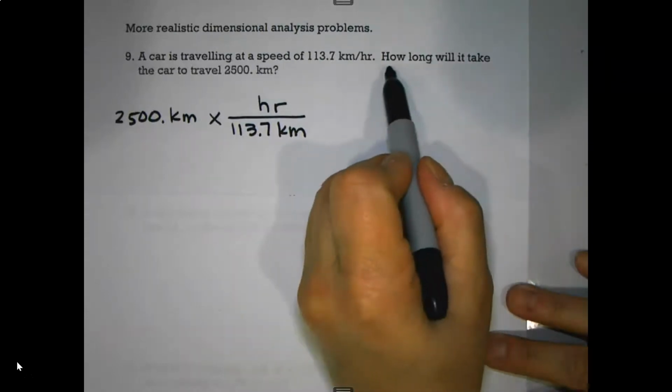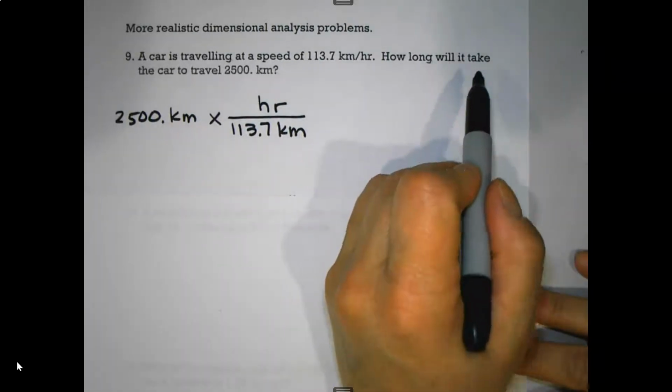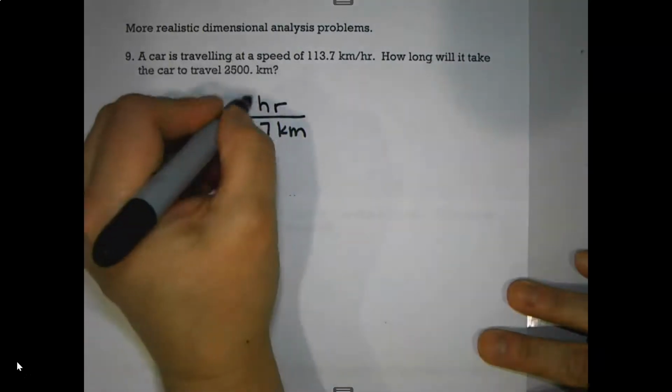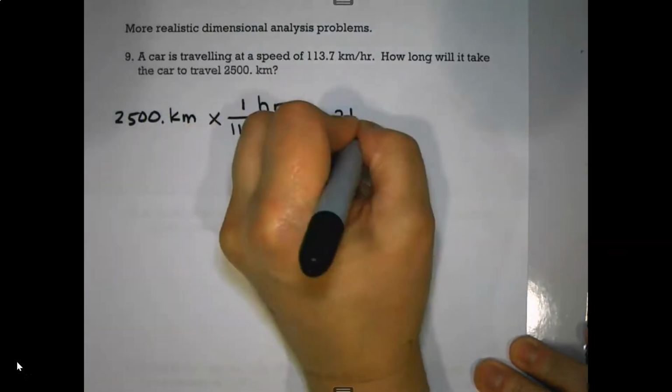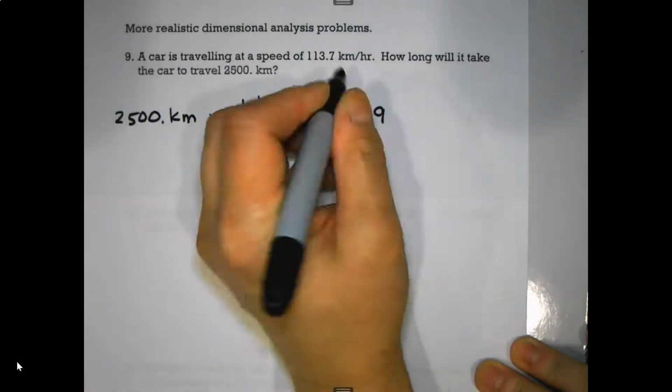Now, how long? It doesn't really specify what unit we want, so let's just solve it and go to hours. Remember, it's per 1 hour in the numerator. Let's solve it and go to hours, and if the number makes sense, then we're done. If it's a really small number of hours, maybe we want to convert it to minutes or something. But at this point, I'm going to take 2,500 divided by 113.7, and I get 21.9876869. So I want 4 sig figs. 21.987 becomes 21.99